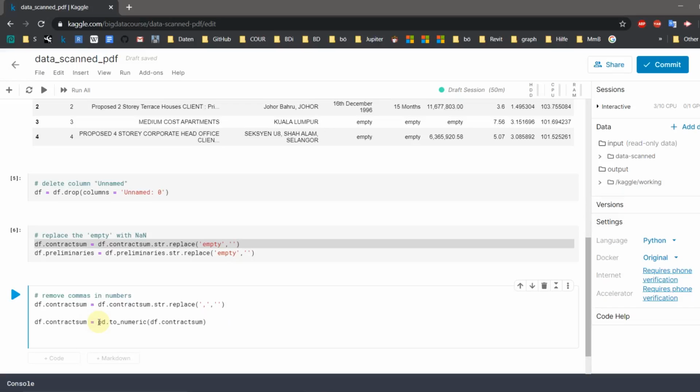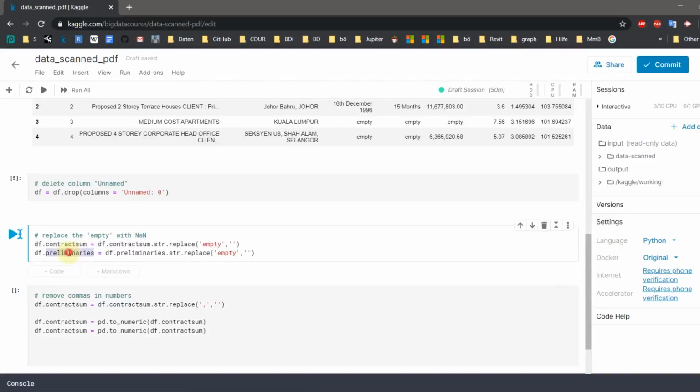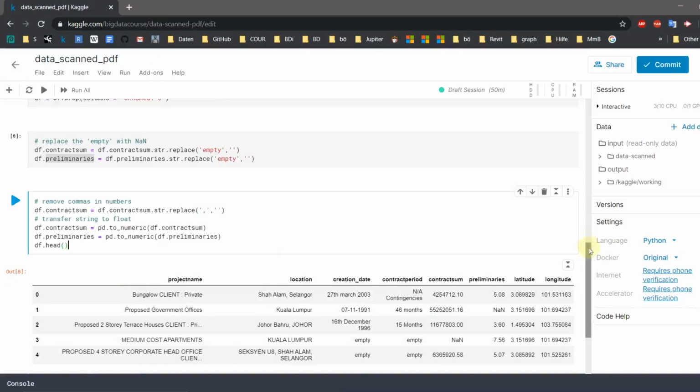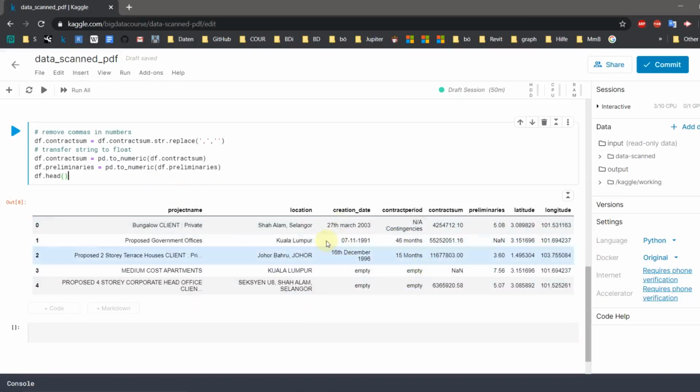And translate the columns contract sum and preliminaries into numerical values using the standard function to_numeric. Print it. Our rows in the contract sum and preliminaries columns were transformed from text strings to numbers.